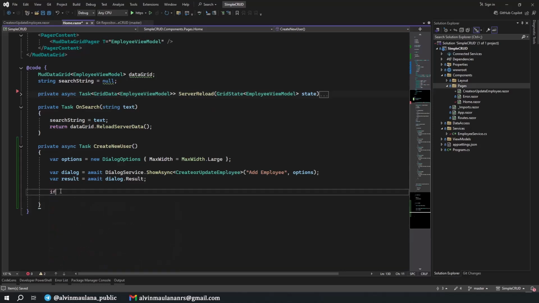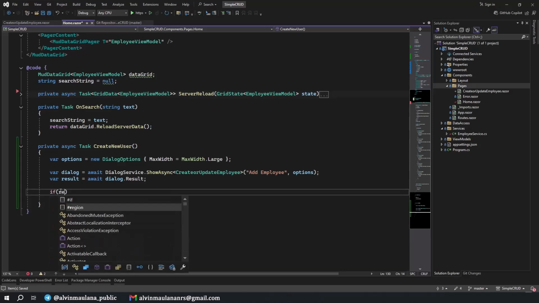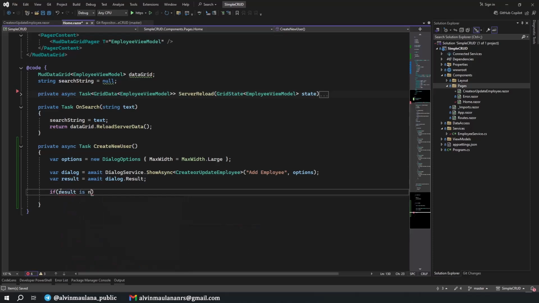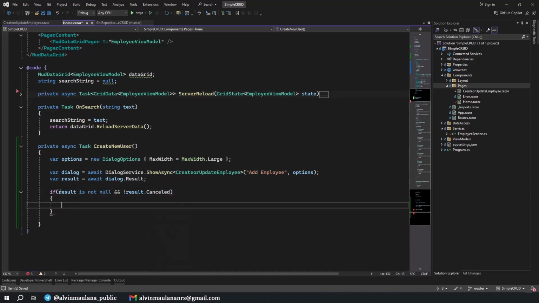And how to check that is if result is not null, and result is not cancelled. Cancelled means there's an X button or cancel button in the dialog. So if we do that, we don't need to refresh our data grid. Okay, so if we complete, then we call data grid ReloadServerData, and I think we can minimize like this.